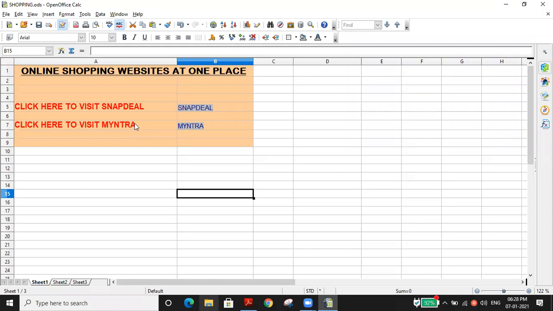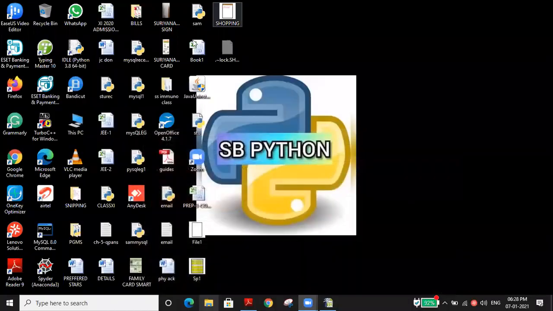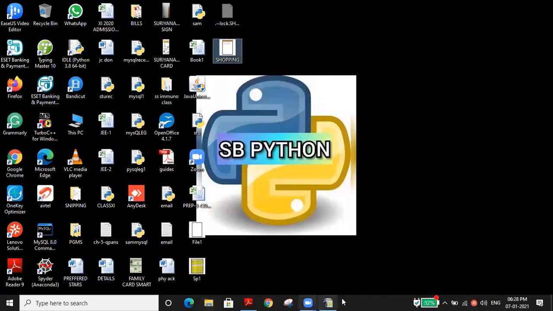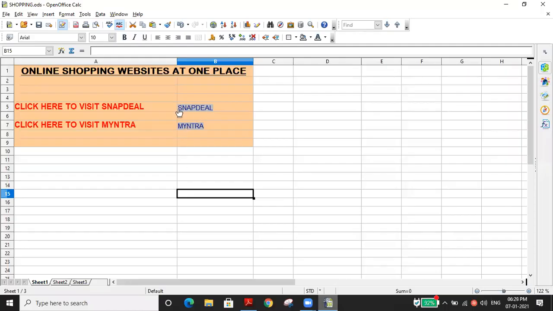Instead of sending the link, if you create this type of hyperlink, you can easily send this file, the shopping file. I'm just selecting this shopping file. You can easily send it to your friends as a mail attachment, and they will open it. All the links are there, very quick. For science, this is the website. For social, this is the website. Could you catch my point? What I'm coming to tell? Have you understood? Yes, sir. Understood, sir. Good, good. So this is what our work is.